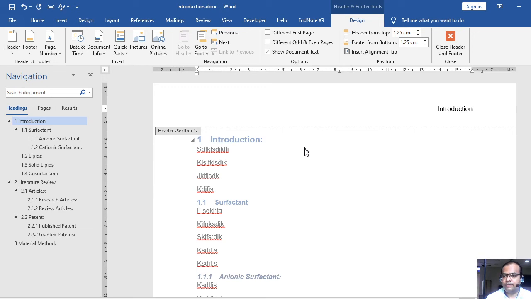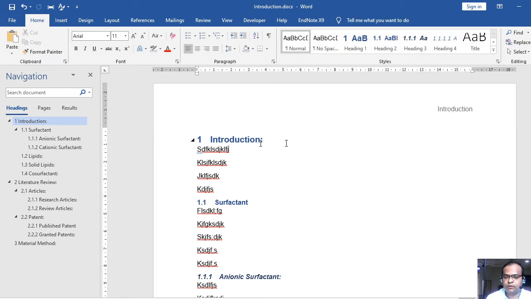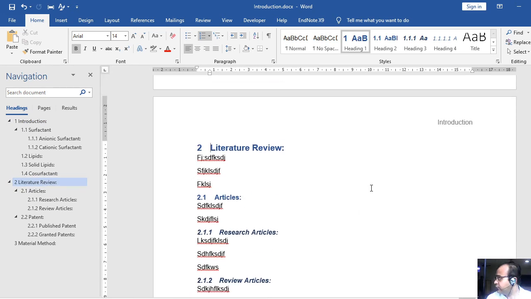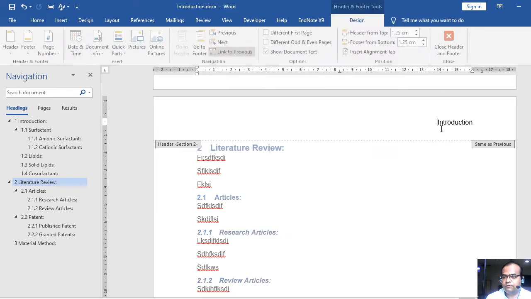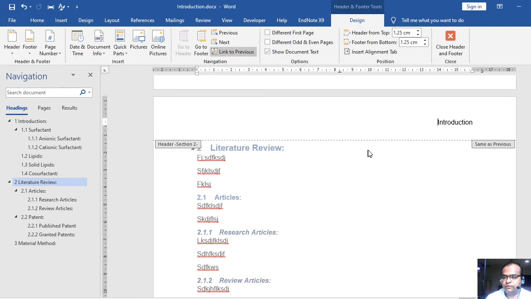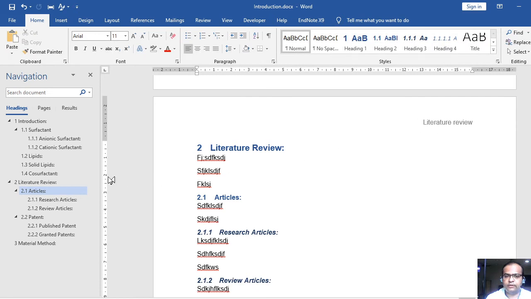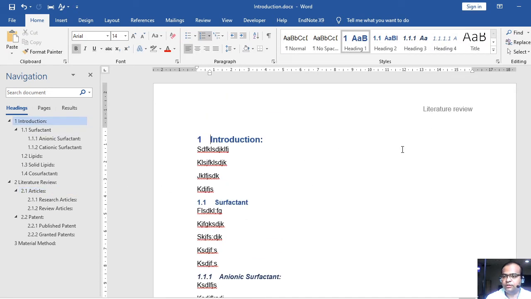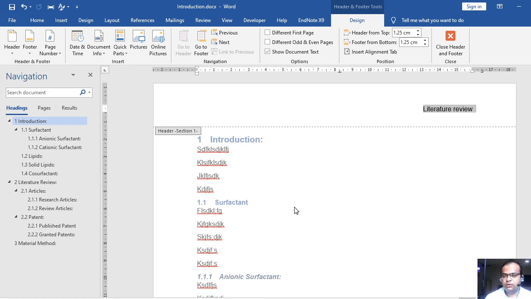Okay, now what happens, as soon as I write the introduction here, now I just want to move to the literature review section. So simply I will click to the literature review, and look at here, this is, let's say, a mismatch. In the footer there should be literature review, but here is introduction. But as I change the literature review here, right? So here it is fine, but once again I will move back to the introduction. There is a mismatch, right? So that's not an issue.